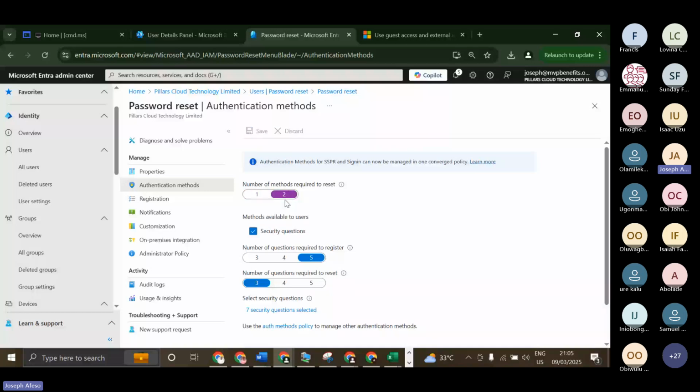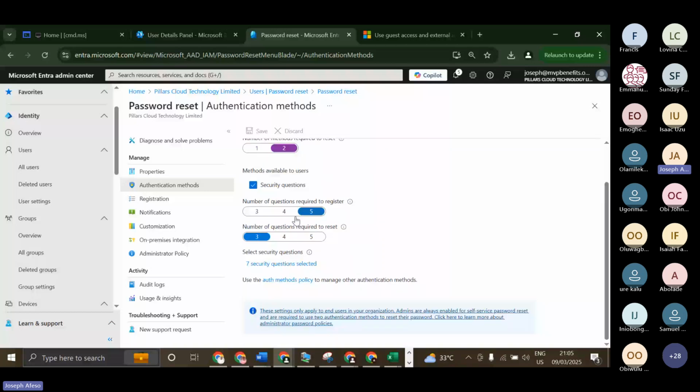I'm sure we did this yesterday. How many questions are we setting? If we are setting 5 questions, for example, how many must the user pass out of the 5 before they can successfully reset their password? If you have 3 and you say they must answer the 3 questions correctly, right? But just know that